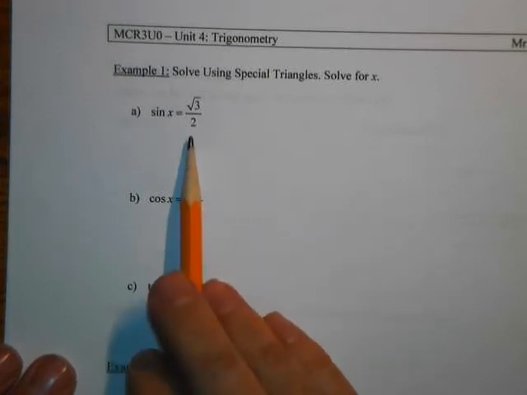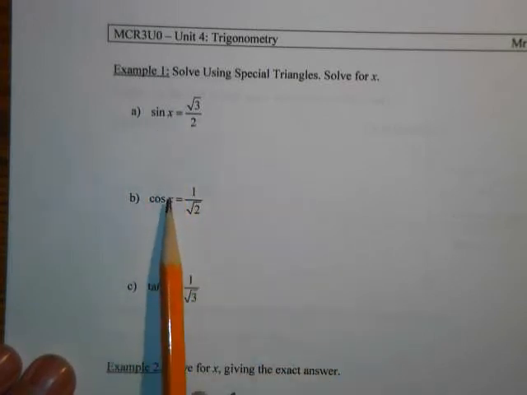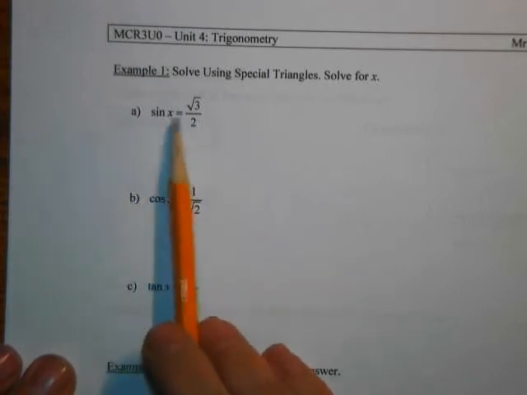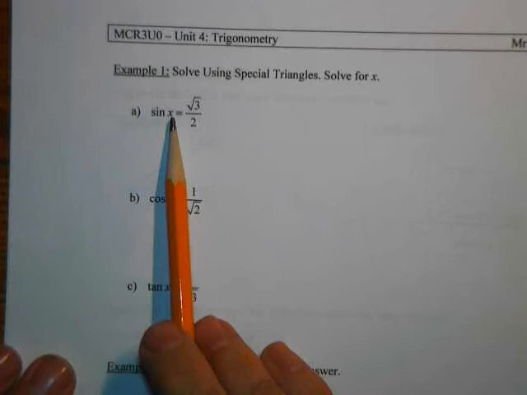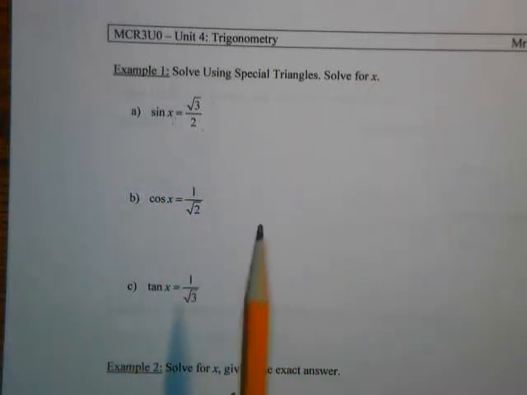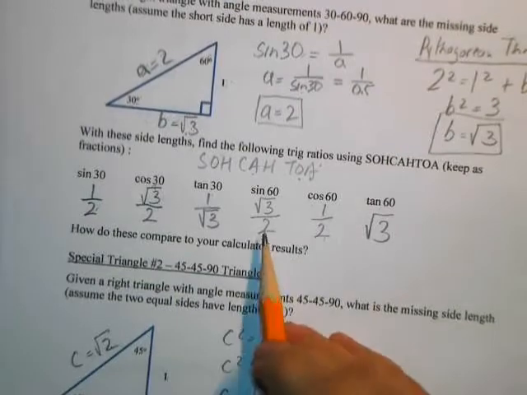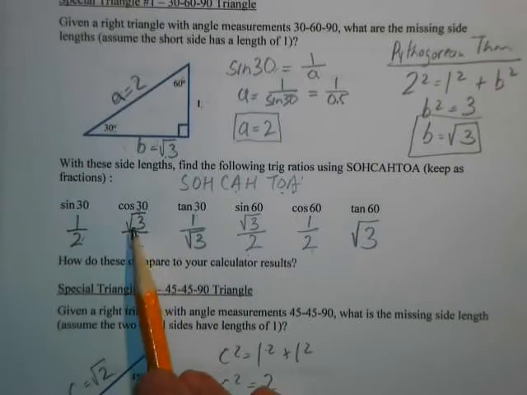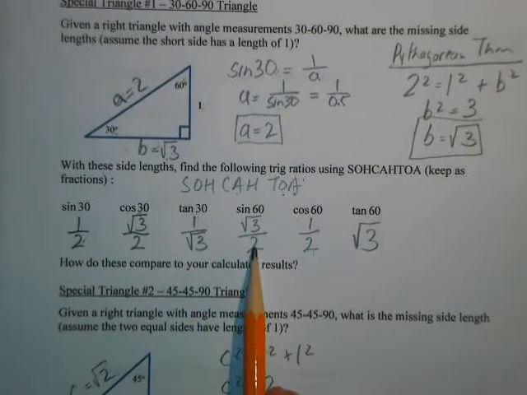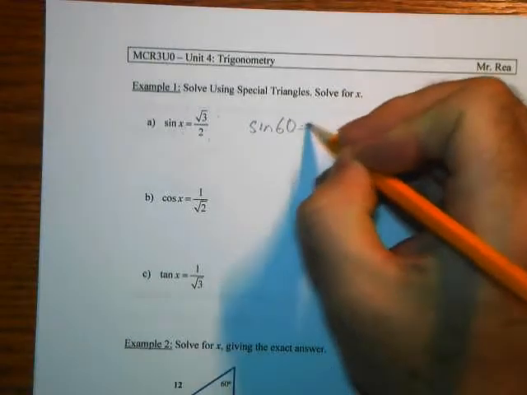So, sine x equals root 3 over 2. Remember, the variable x there represents an angle. So we're actually working backwards. If you remember on the previous page, we wrote down, and you can see it here, sine of 60 is root 3 over 2, and it's the only sine value that has a result of root 3 over 2. So if I just wrote sine 60 equals root 3 over 2,